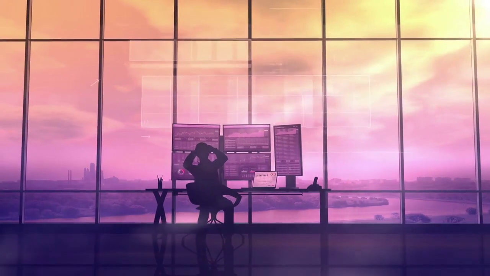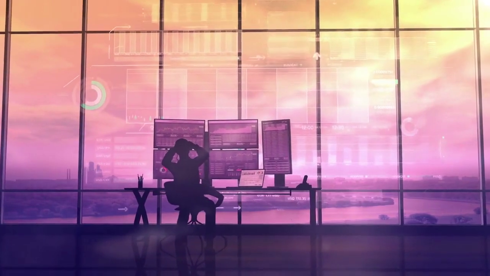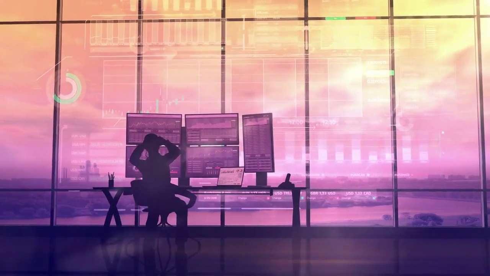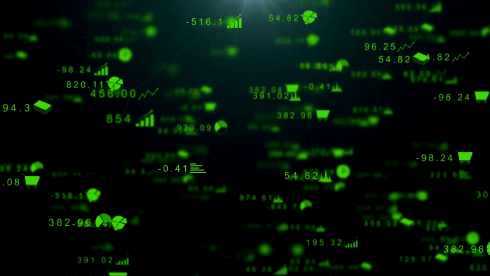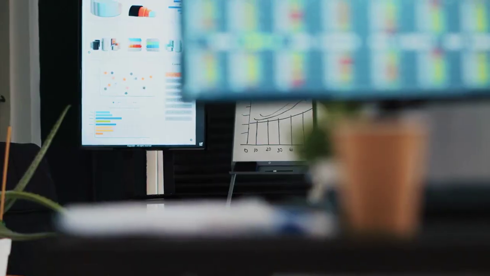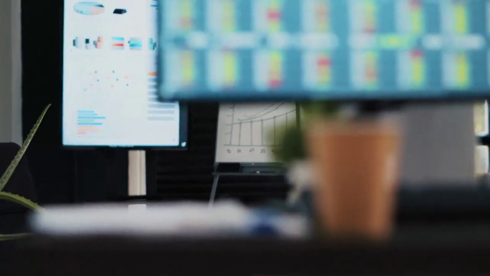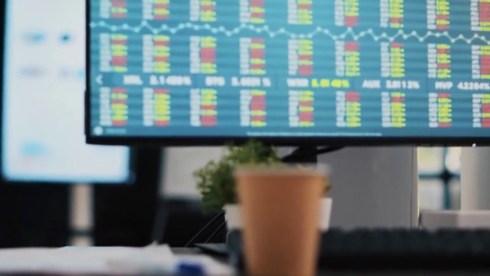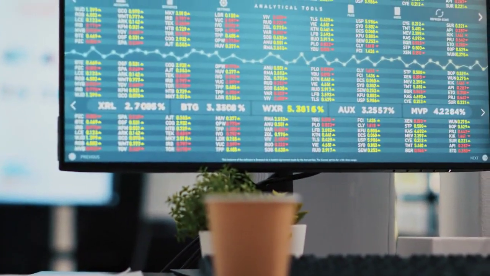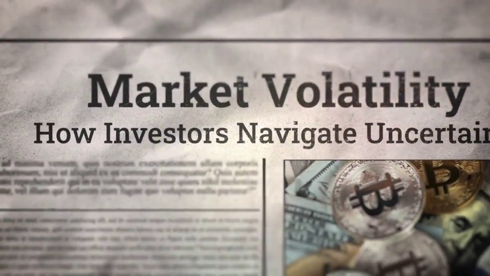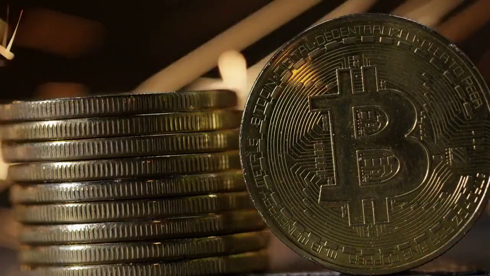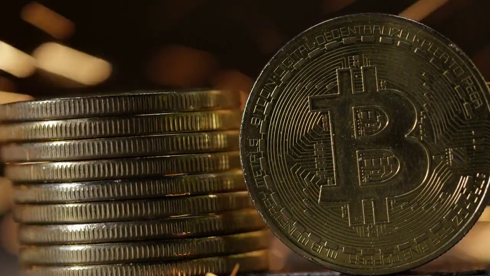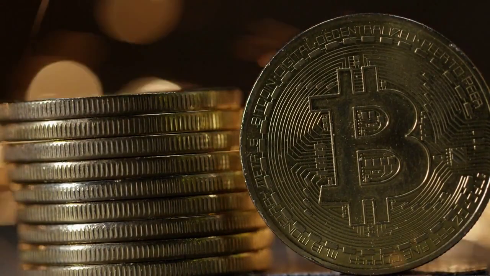I calculate a 14-day historical volatility by taking the ATR, average true range, over the past 2 weeks and dividing by the current price. That gives me a daily volatility estimate. If my target is, say, a 10% annualized portfolio volatility, I convert that to a daily target, around 0.63%. Then I set my position size equal to 0.63% daily volatility. So if Bitcoin's 14-day volatility is 4% on a particular day, my position size would be